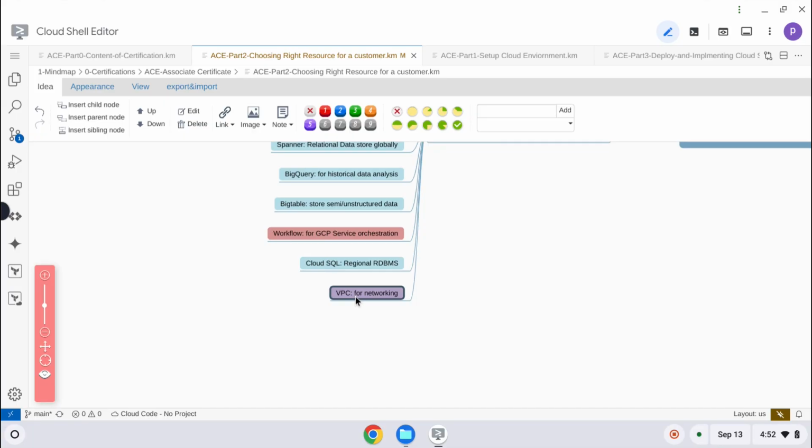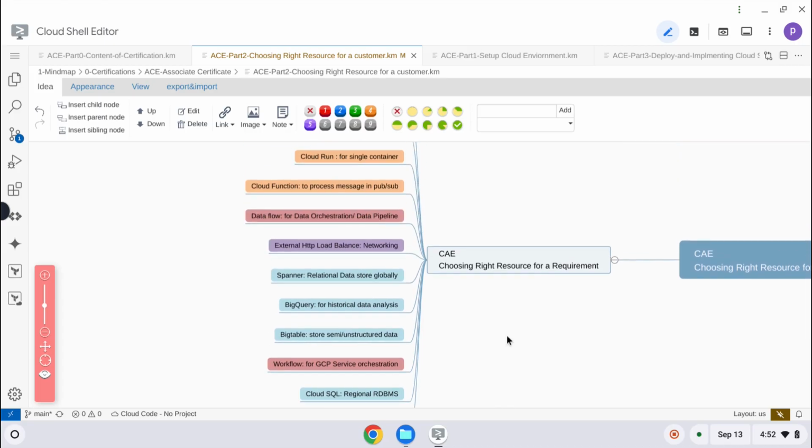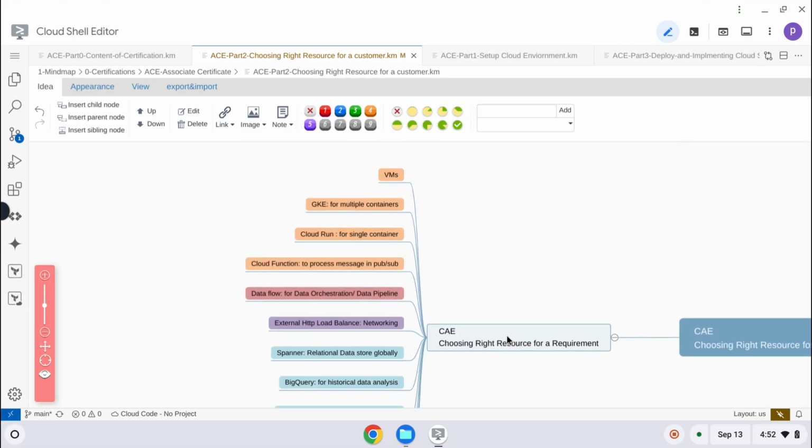If it is a connection within the services of Google products, then you can go for peering. Here also we have direct peering, and one more peering alternative. All these steps come under networking. It is one of the important requirements: which product you will choose is based on the best fit for your requirement.